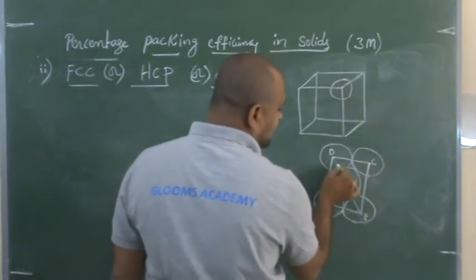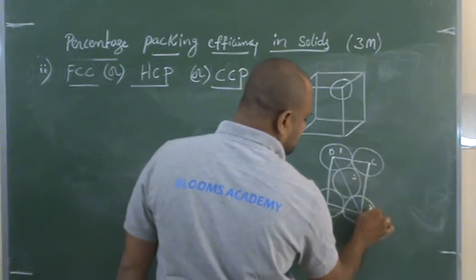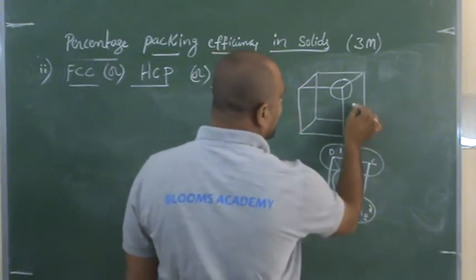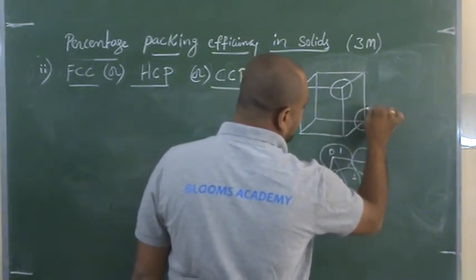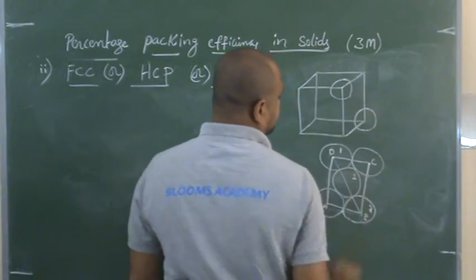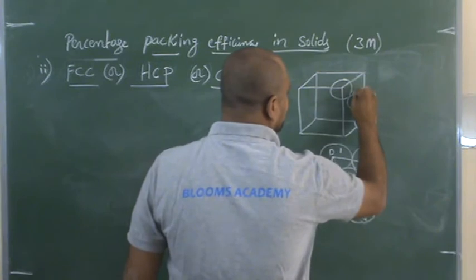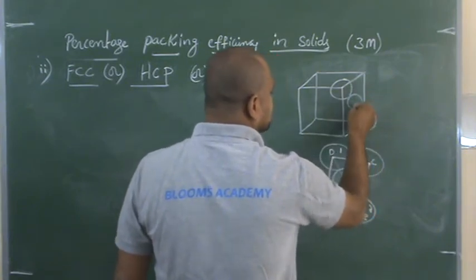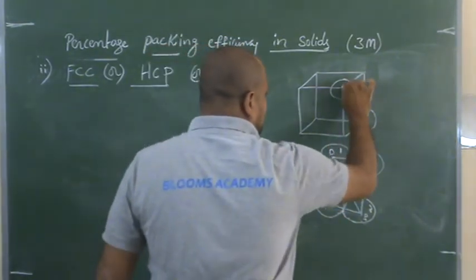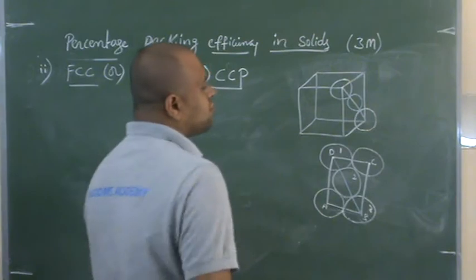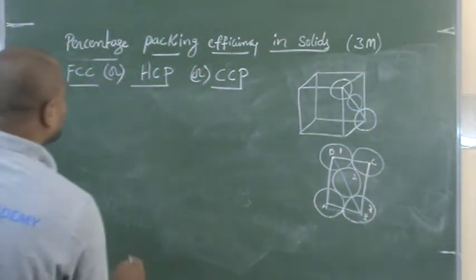So I am showing only these three particles, 1, 2, 3. We need only face diagonal particles. So that is why I am taking only the particles at the face diagonal. So this blue colored one is the particle present at the face center. Yes, this diagram is more than enough. Okay. Now let's see. I'll do the derivation here.